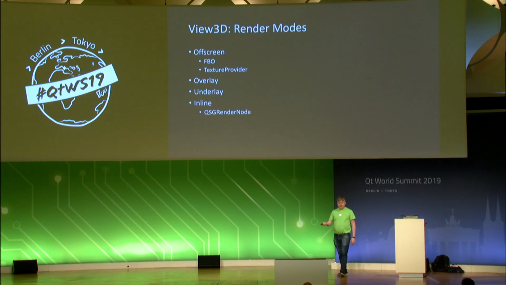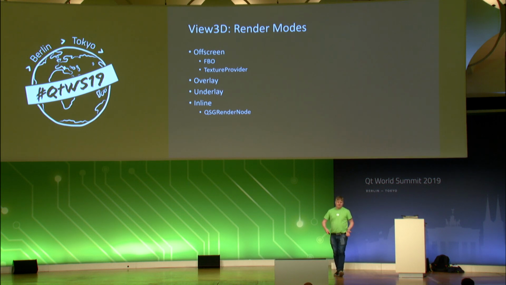So back to the View 3D itself. Again, this is the only QtQuick item in the scene, and we have options about how you can actually render this. These kind of cover the options. The default mode is actually off-screen rendering, so it renders the 3D scene into a texture, and then you use that as a texture in the scene. So it just shows up as either an item or a texture provider if you're using shader effects or something